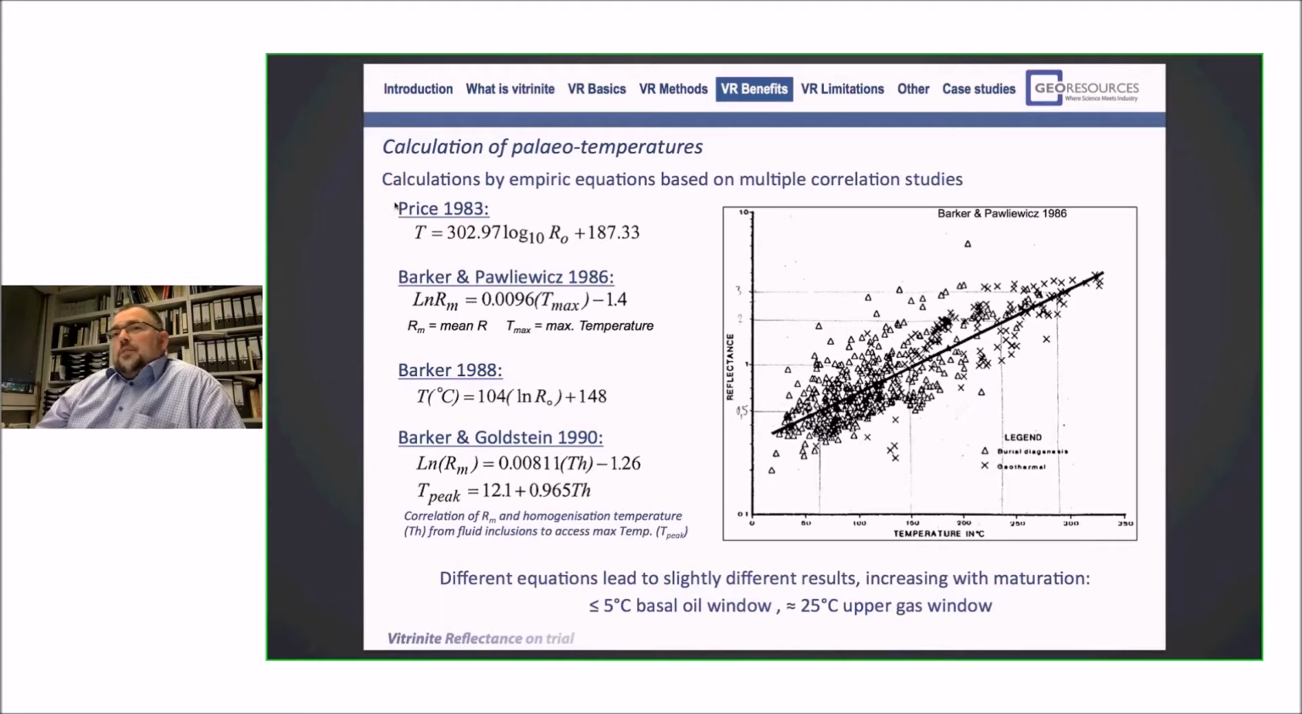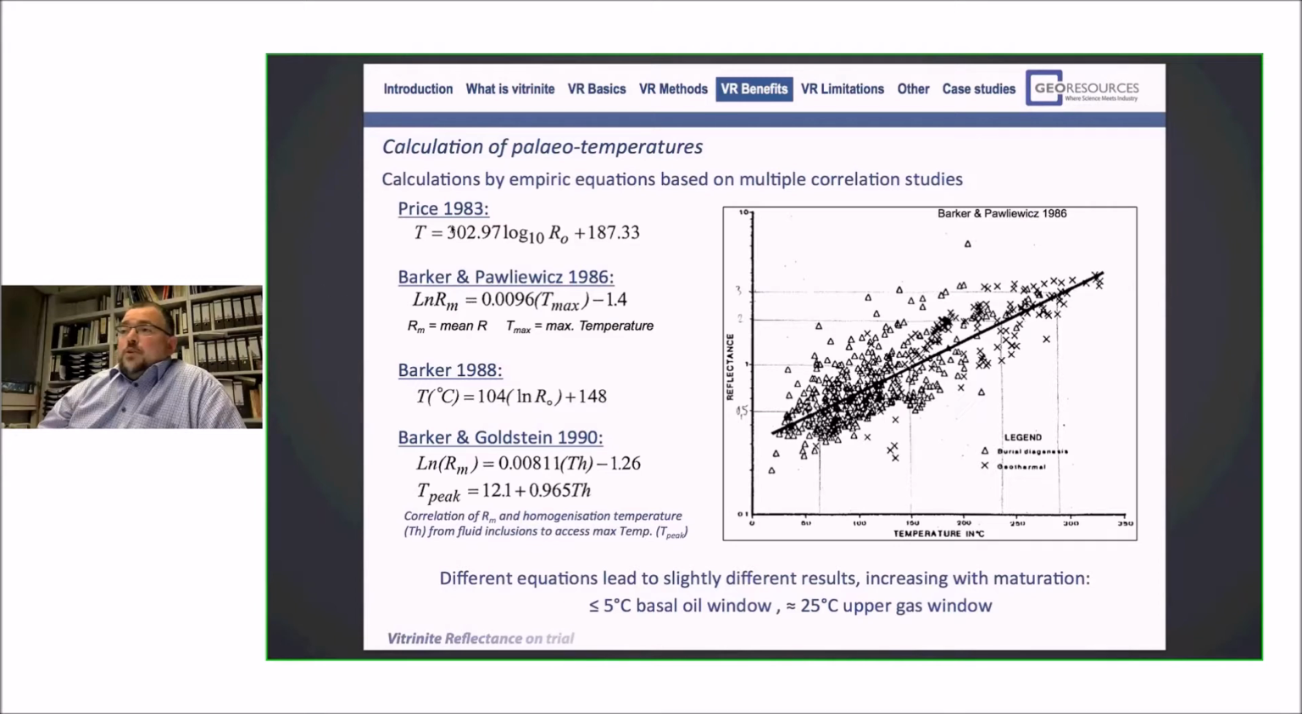And you see that there are different equations. Of course, there's not only one equation. Different people work on this, and here on the right you see how this works. There are a lot of data produced in several studies, which are then plotted together, the temperature versus the reflectance, and you see how you develop your